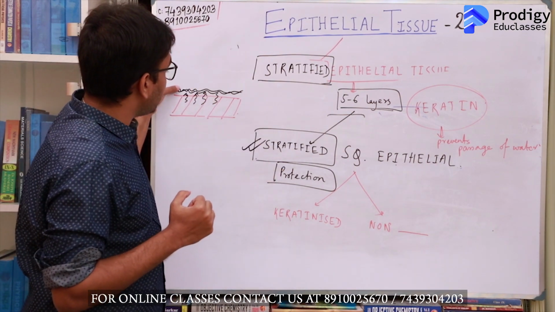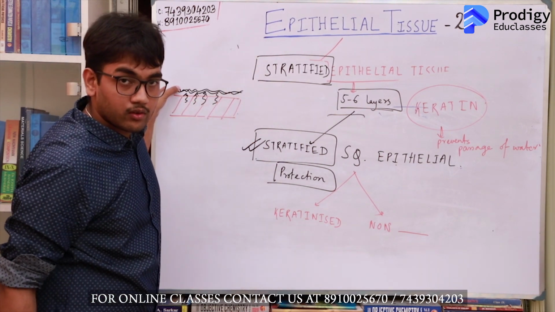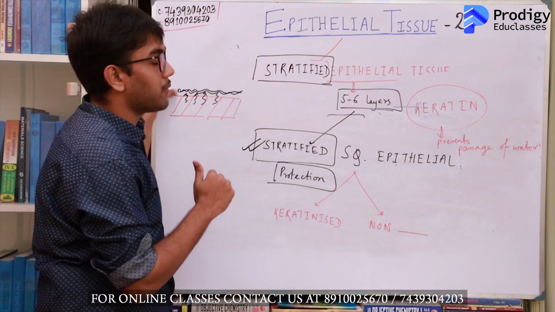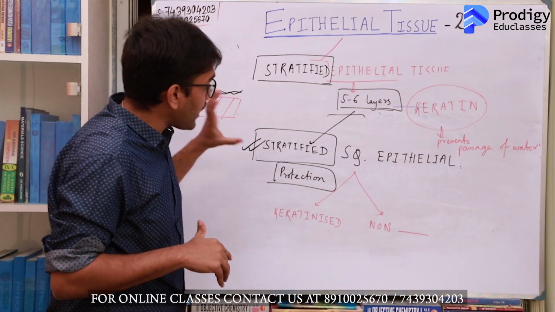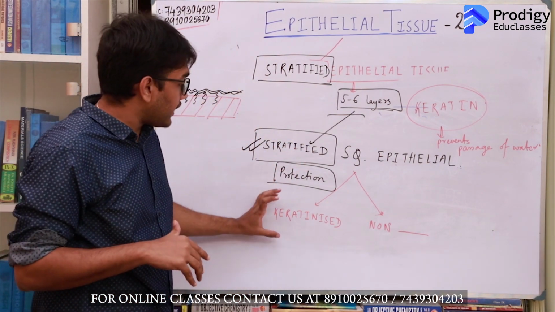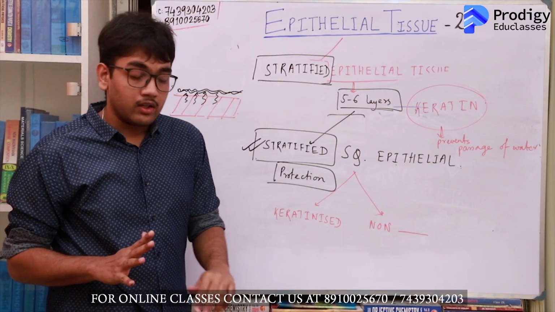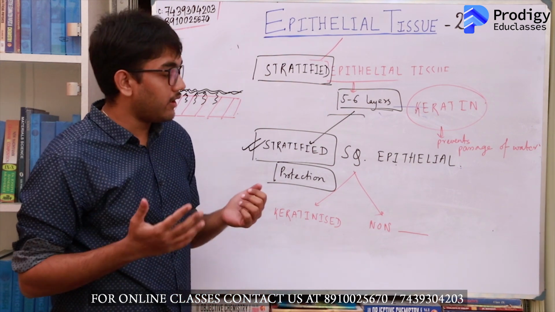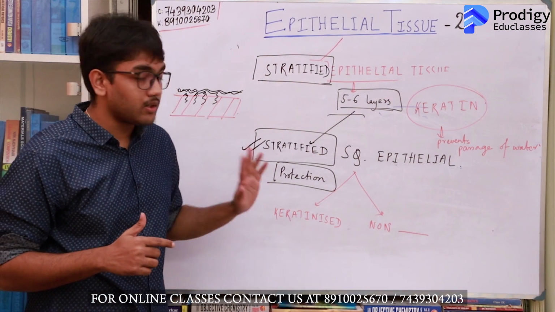Now this layer of keratin will prevent water from percolating from the cells and going outside. So what will keratin do? It will prevent your apical layer of cells of the stratified squamous epithelial tissue from dehydrating and dying out. So where will you have stratified squamous epithelial tissue of keratinized variety? Keratinized stratified squamous epithelial tissue will be present in skin. Okay, so all of the external skin covering that you have, which is prone to dehydration and exposure to various injuries, you will have presence of stratified squamous keratinized epithelial tissue.